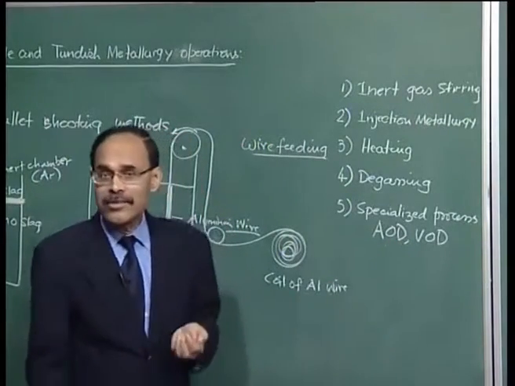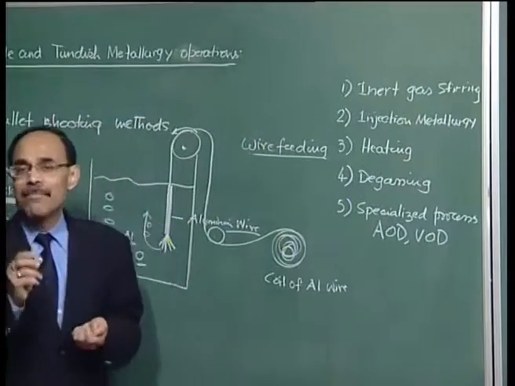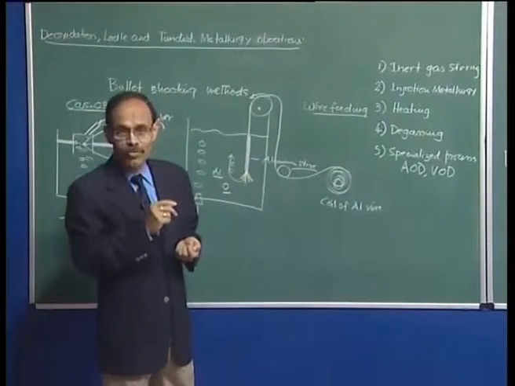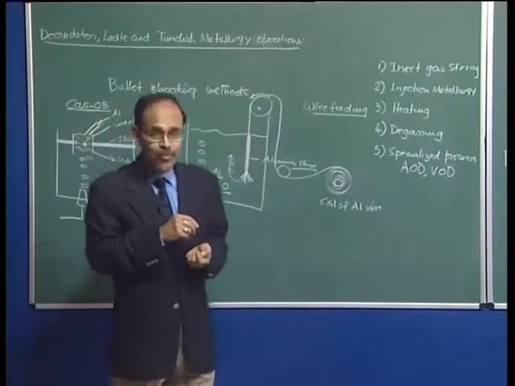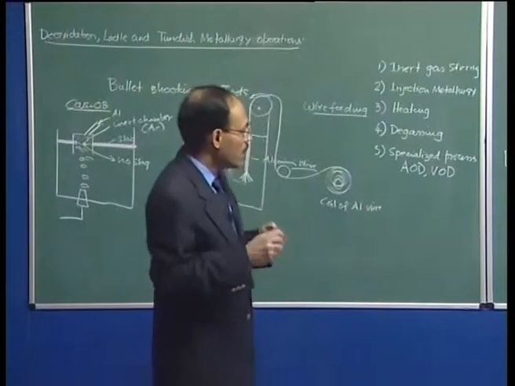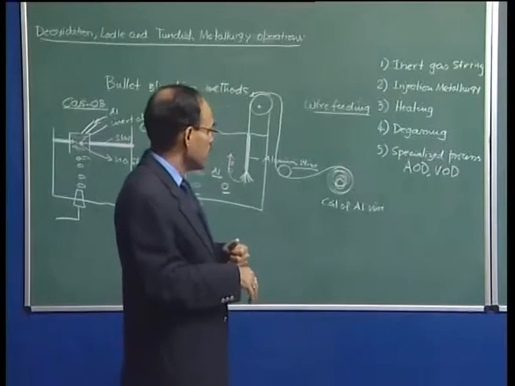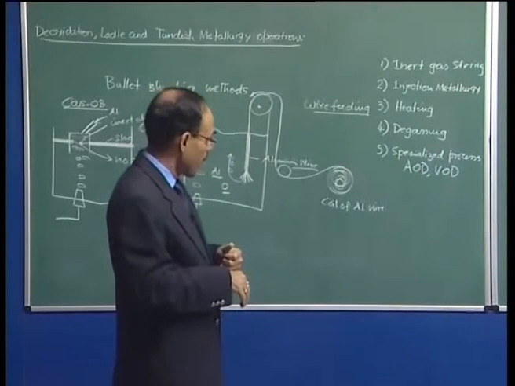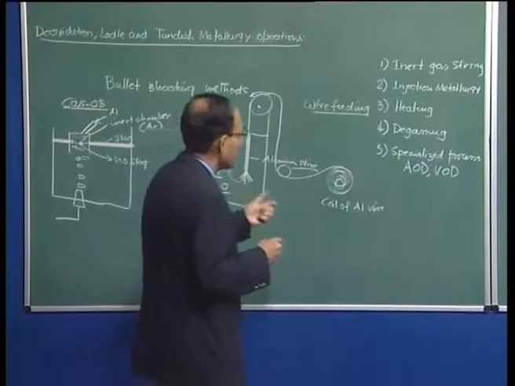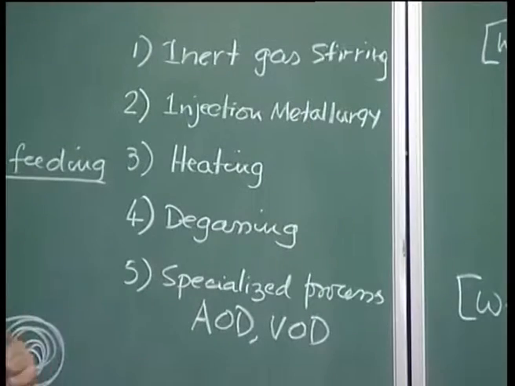As you all know, stainless steel, for example, contains very little amount of carbon. We don't want carbon, because if you have carbon, then chromium carbide segregates and the quality of stainless steel deteriorates significantly. So we require low carbon, and when you produce stainless steel, there are specialized techniques to decarburize the bath, and these are the two techniques.